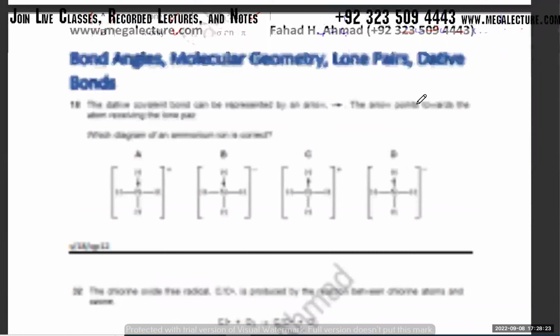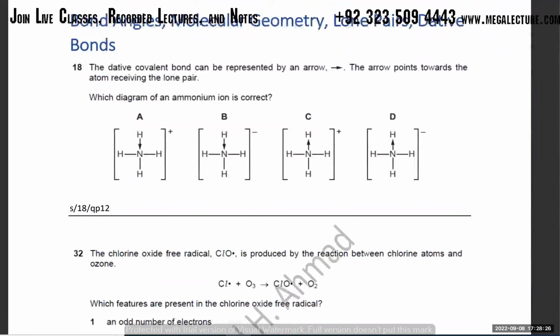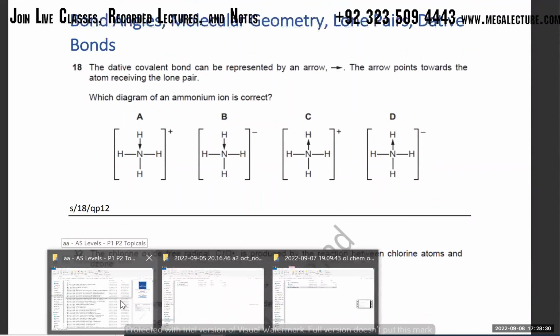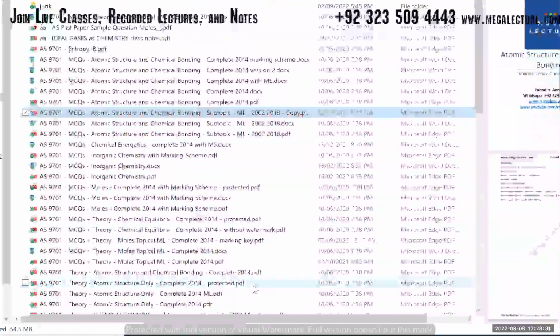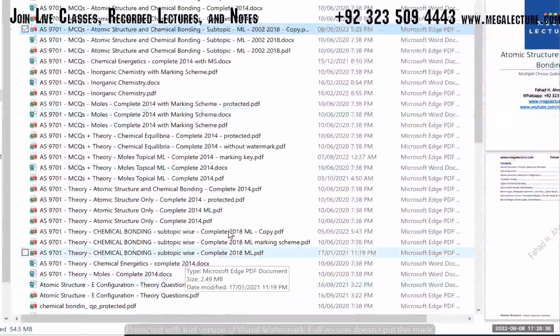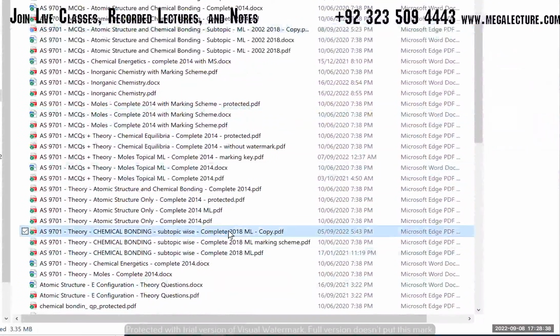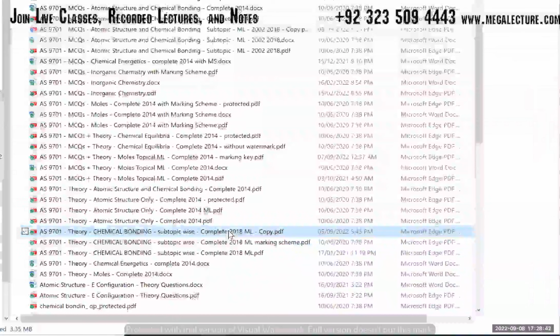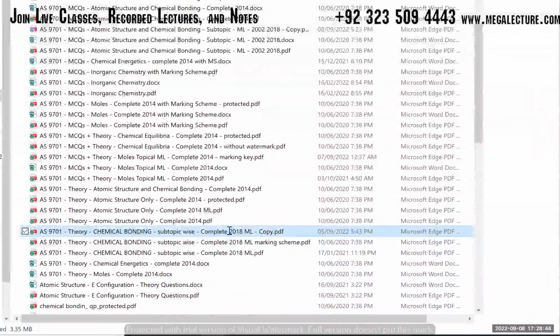अच्छा, नेक्स्ट वन इज चलो खत्म हो गया। कुछ उसके थ्योरी के क्वेश्चन होंगे, वो भी कर लेते हैं कि थ्योरी एटॉमिक स्ट्रक्चर केमिकल बॉन्डिंग इन सब टॉपिक वाइज। फिर ये वाला भेजा आपने? कौन सा? फिर ये थ्योरी के लिए भेजा वो वैसे भेजिए, वो ग्रुप पे भेजी हुई है, मैं फिर कर देता हूँ। चलिए सर, फिर मैं देखता हूँ बाद में।